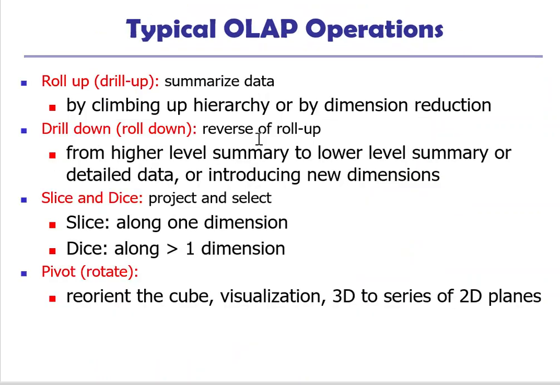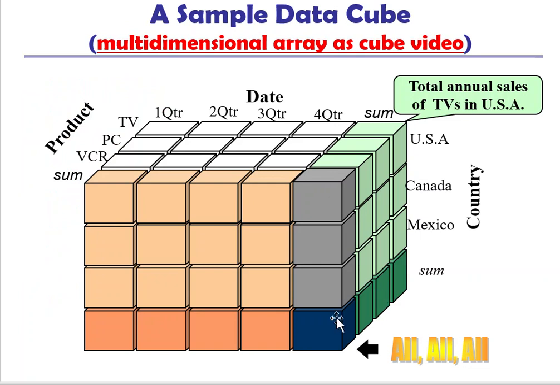Drill down is just the reverse of roll-up. It's by climbing down to the lower level of the hierarchy or by introducing new dimensions, right? So from the earlier example that we can see, if we move from the most aggregate value, we can move to those three. Those are less aggregated. We have more information about either product or country or date. We can drill down even more by introducing the date dimension. And now we have